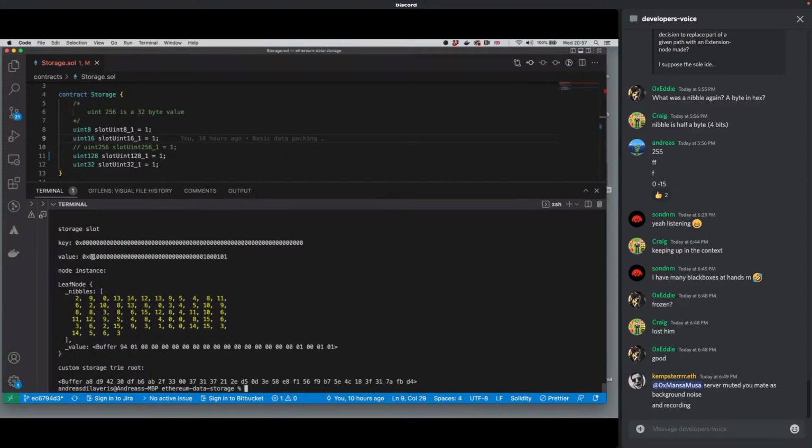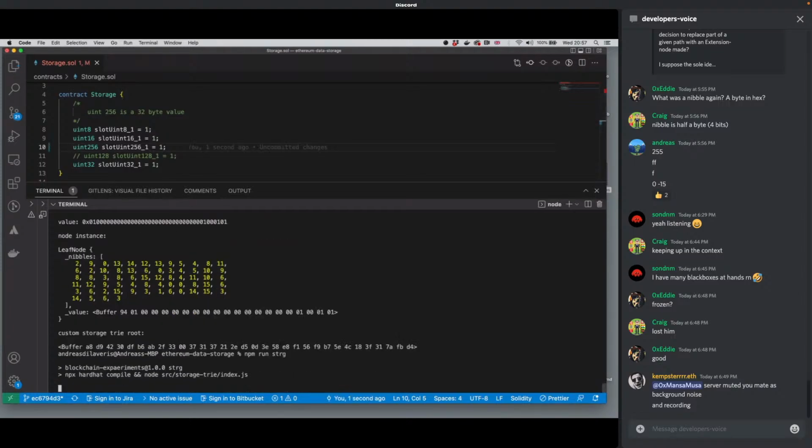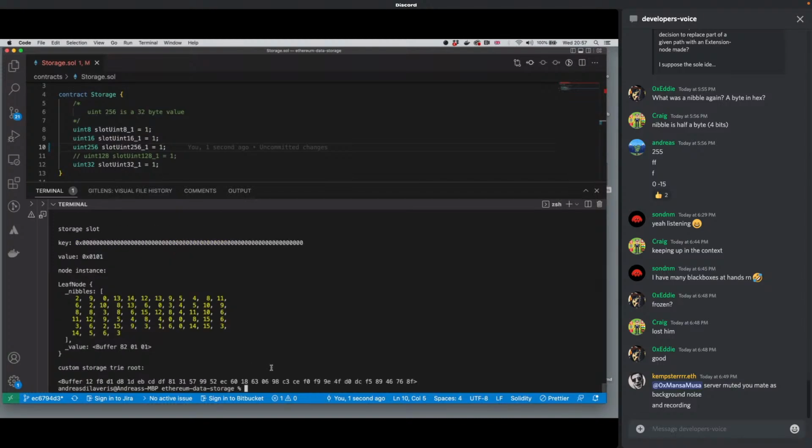Oh, it did. It did manage to put it in. You can see the value of uint128 took up this space over here. It's still packed in there, in that one slot, in that one Merkle tree key-value pair. It's still in there. But now